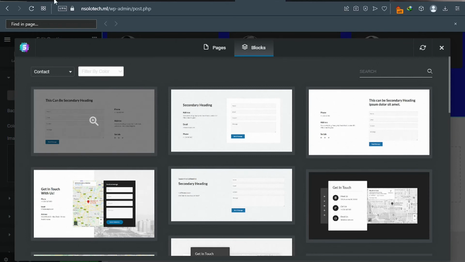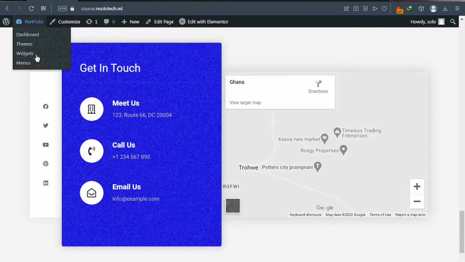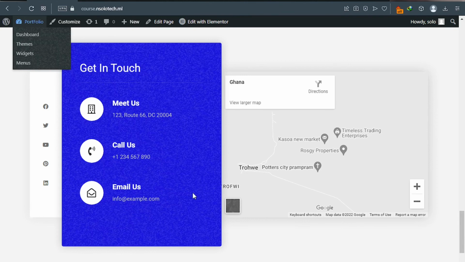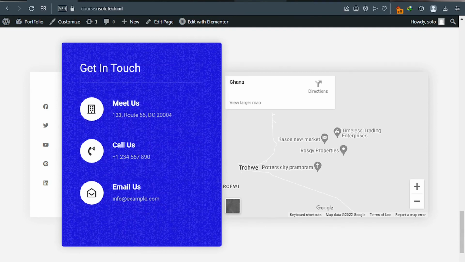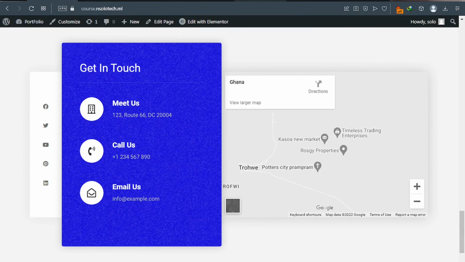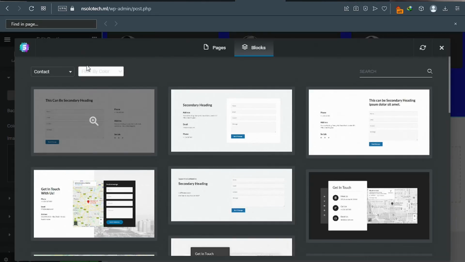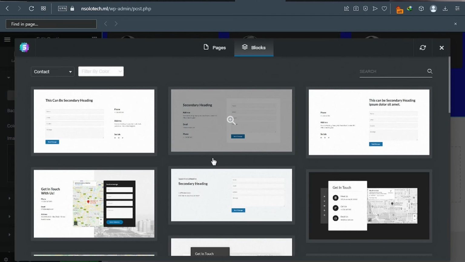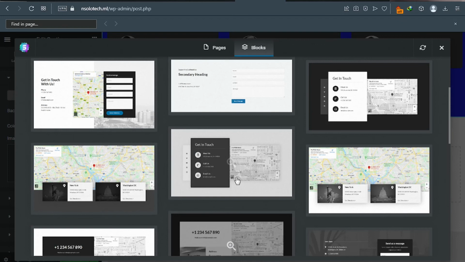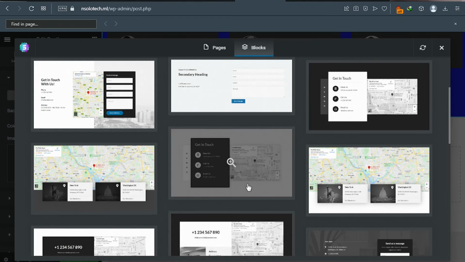area. Okay, let me take you back to the demo website and show you what I'm talking about. As you can see, this is the area we are working on. See the contact area. So go back to the editor and then choose the contact from the drop down and then select your preferred contact template. In my case, and for tutorial purposes, I will simply choose this one because that's the one I use on my demo website. So I'll click on it